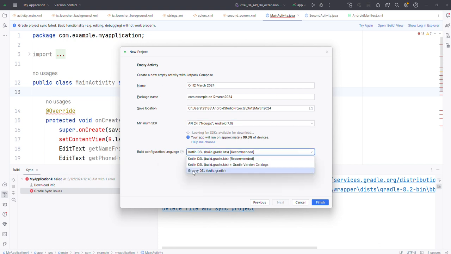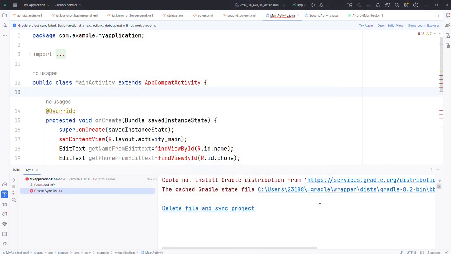Kotlin is recommended. And now finish. If you have a basic idea of Kotlin, development becomes very easy. So now my application is